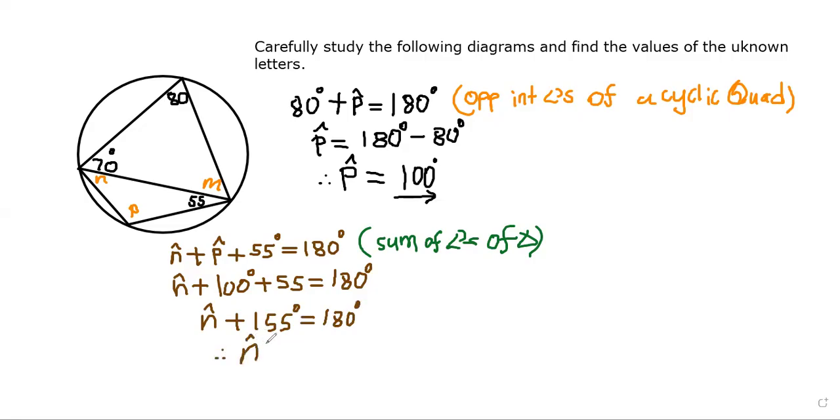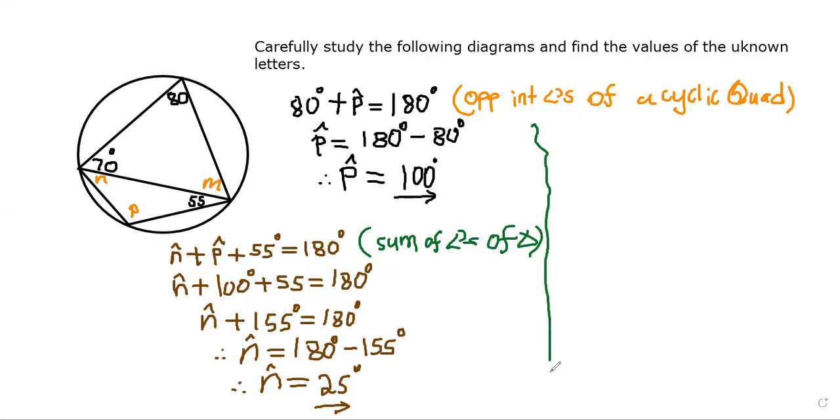Therefore, the value of angle N is equals to 180 degrees. You take positive 155, transpose it that side, it becomes minus 155 degrees. Therefore, angle N is equals to 180 minus 155, you're getting 25 degrees. So it means that should be 25 degrees, right? And then after getting 25 degrees,